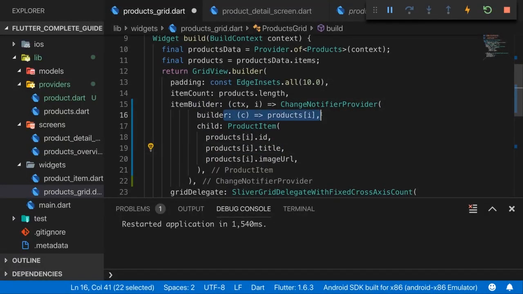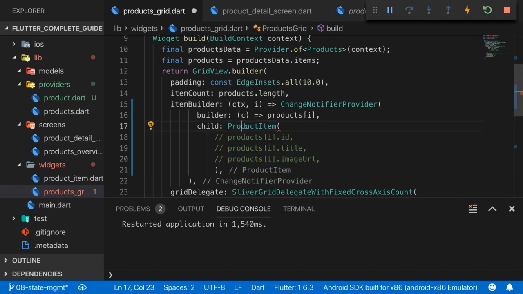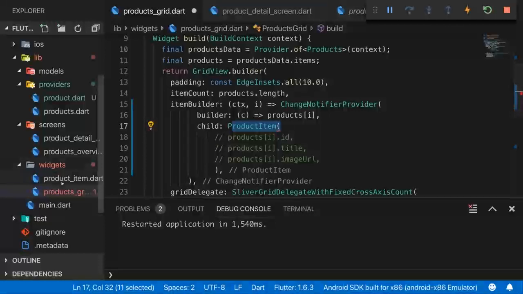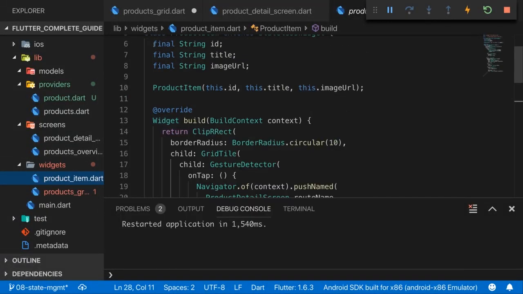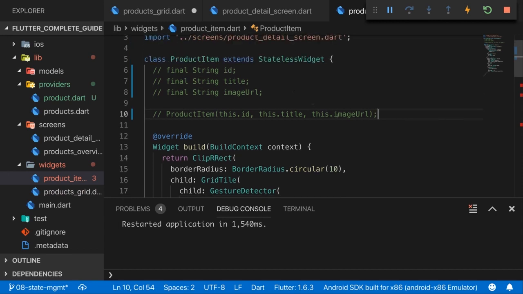Now, since I'm providing a single product here, that also means we could, but we don't have to, receive our product data as arguments here in product item. Instead, here I'm not passing anything, because inside of product item, we could now get rid of all of that, and it wouldn't have been a problem to receive this before. But now, since I'm interested in some dynamic value in a single product, it makes sense to use a provider here. So now in here,